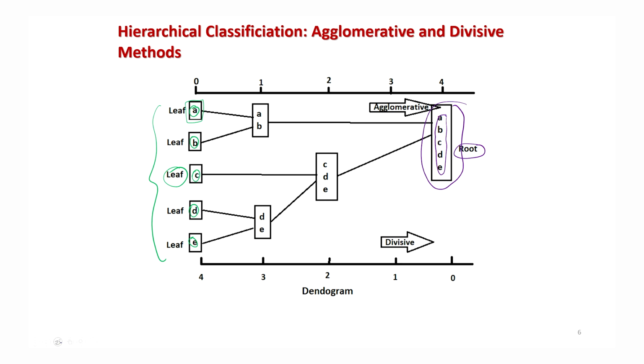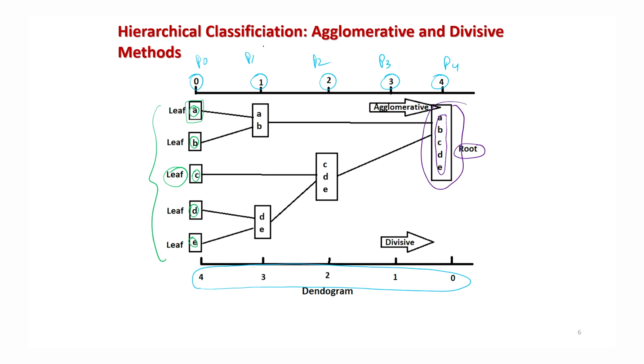Now we move ahead, and we first try to understand the agglomerative method. Here 0, 1, 2, 3, 4 indicate the stages, something like P0, P1, P2, P3 and P4. The same stages have also been given at the bottom, but I will explain that later. First, let me explain the agglomerative method.